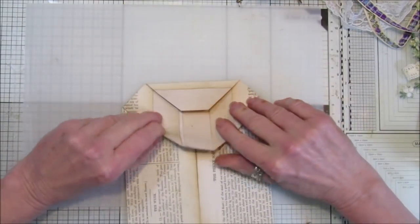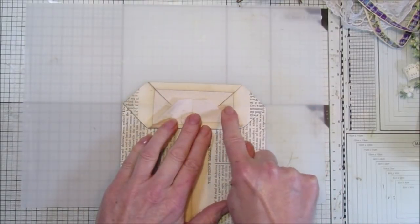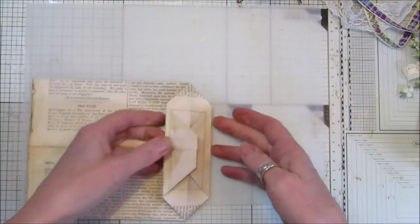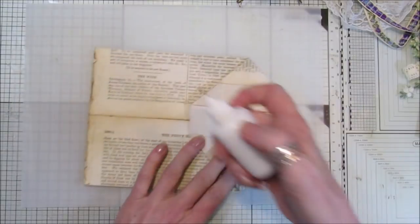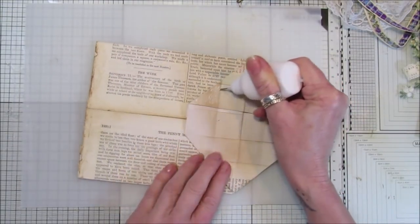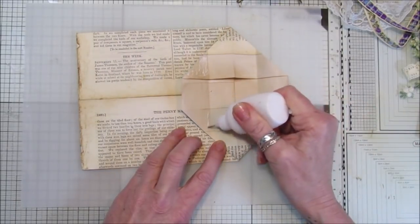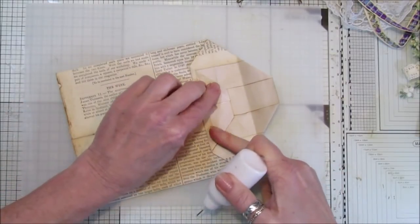Okay, and again you want to fold that just so it goes over the other side. This is your middle here, so you just want it to go about half an inch across like that. So then that will be the bottom of your bag, and then we just need to glue this down. Okay, so we'll pop a little bit of glue this side. Just do the little triangle bits here, because this is the open bit here, so you don't want to stick anything down on there. So that will just stick down like that,